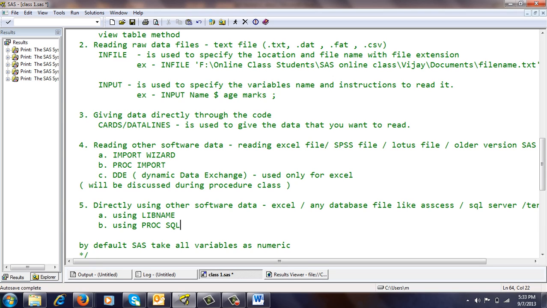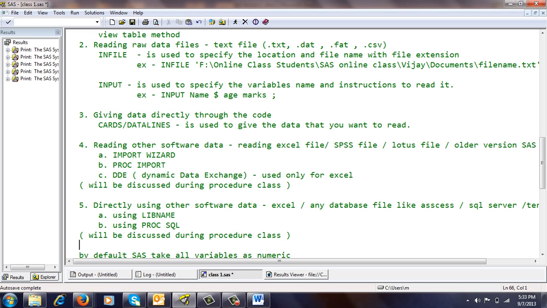Using libnames, I will tell you how to do that. So these two methods are there for other software data. This will also be discussed during the procedure class. So the 4th and 5th we are going to discuss in the procedure class. That will take time, 2-3 classes to discuss.